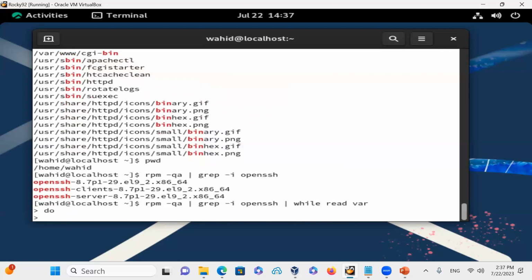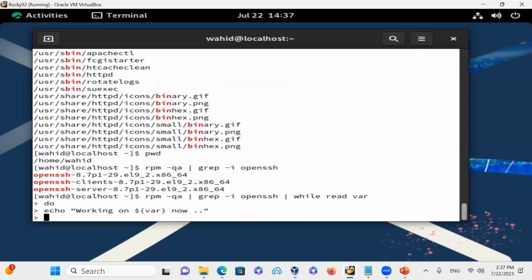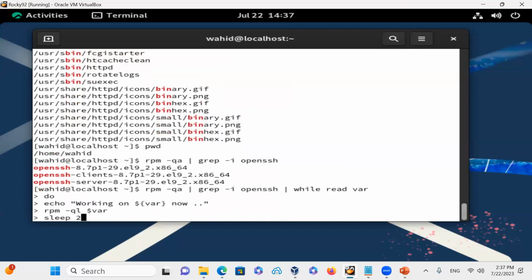The variable that I'm using here, say echo working on $var now. So you could work on a variable, say rpm -ql $var, and then say sleep 2 seconds, and